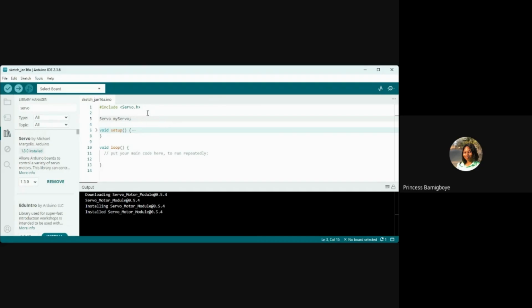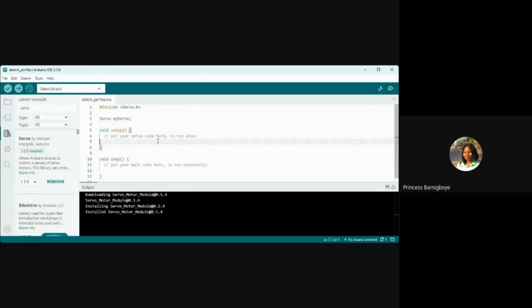So I import it. When I restart it now, you see that this particular servo here will be orange because there's a color code, and that color code essentially shows that the library is working or has been activated. It may not apply in everybody's IDE, but that's it essentially. You can see that both of them are highlighted. This will turn orange, this will turn orange. So you know that it's activated. If I restart the IDE now, you see it. But because of time, let's just save time.